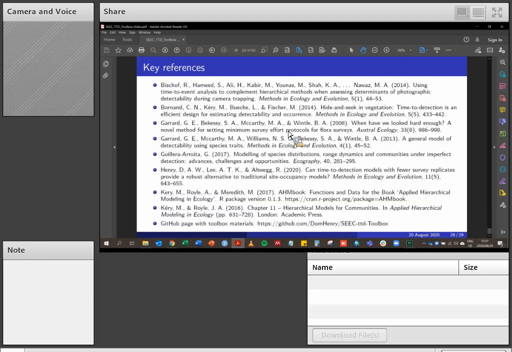And we need to think carefully about the nested set of factors that influence the detection. So again, very important at the project design phase. And then maybe important to think about the viable distribution and whether we would expect any change in detection rate during our surveys. Okay, so I just